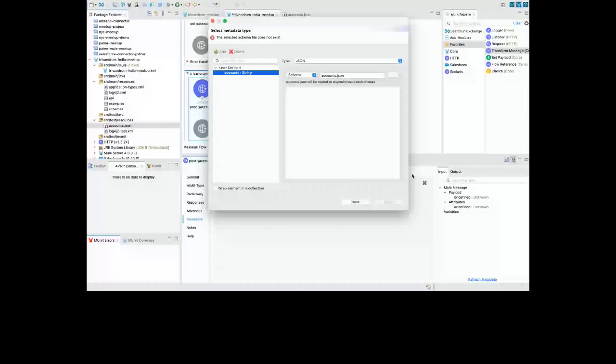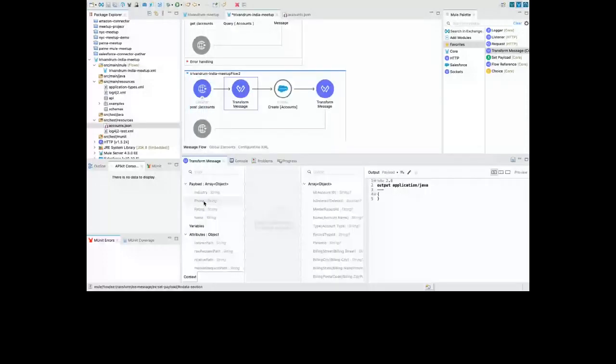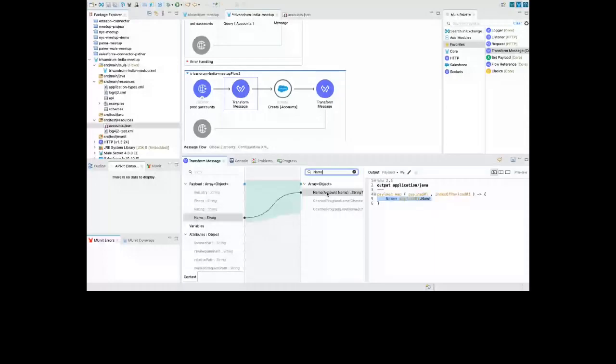If you go to the transform message, now you see the payload has an array of objects. We've got industry, we've got phone, we've got rating. Now we need to map these to the fields. So we've got name. Search for name, this is the account name. I'll just drag and drop over here, and I did the mapping. This is doing the coding for me without any issue. I have got rating, so I'll drag and drop the rating as well. It is going to put it over here. Then I've got industry, so I'll search for industry and then phone.